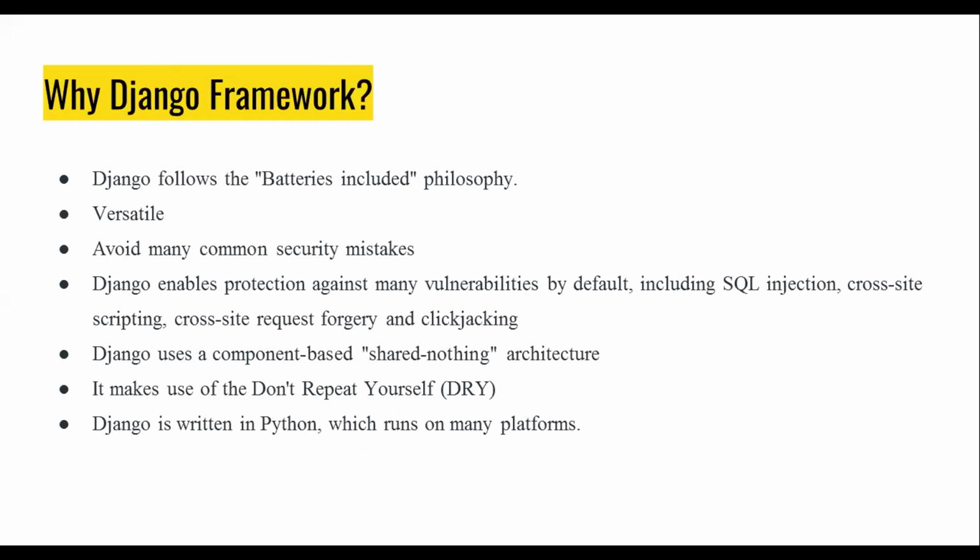Why should the Django framework be used? Because the Python source distribution has long maintained the philosophy of batteries included. Batteries included in the sense that it has a rich and versatile standard library which is immediately available without making the user download separate packages. It means that something is self-sufficient, comes out of the box ready to use with everything that is needed. It is versatile: from a content management system like Wikipedia all the way through to social media networks, we can use the Django web framework